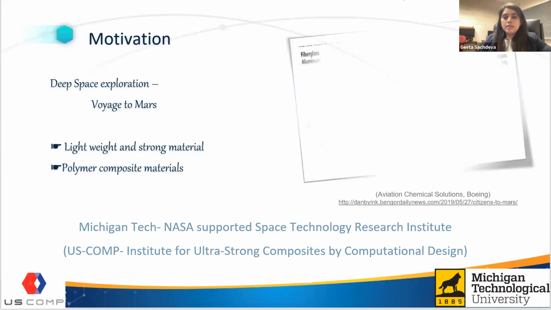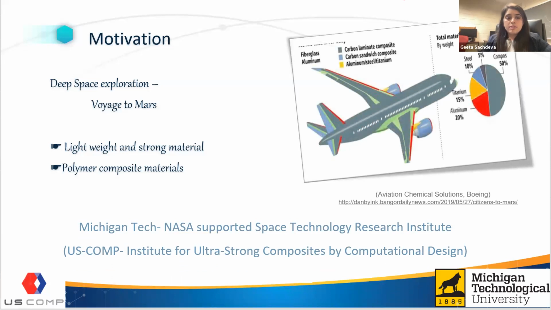They have started this ASCOM project, and after some research, they have decided that polymer composites can be considered suitable materials for spacecraft, etc., for Mars or for deep space exploration. If we look at the literature in the right-hand side figure, already 50% of materials used in commercial aircraft are composite materials, but challenges still have to be met, as we need a material with high strength and light weight, which can also last for a longer period.